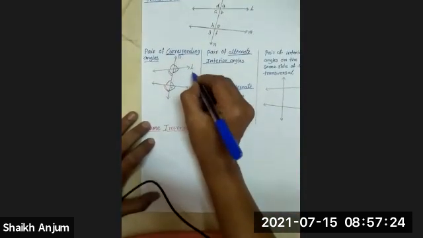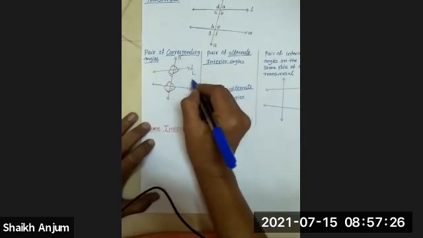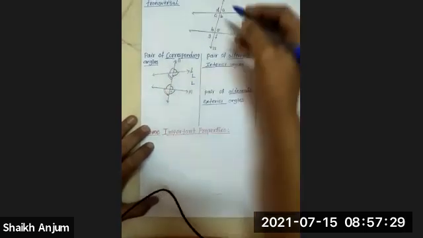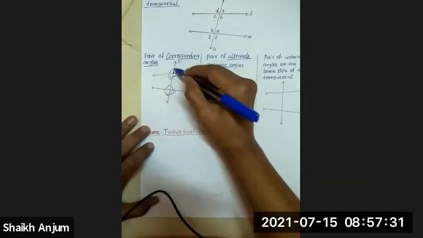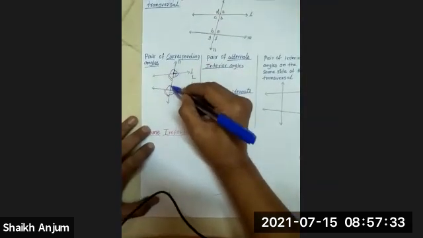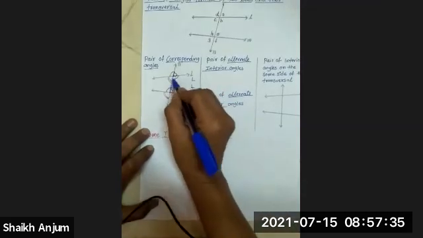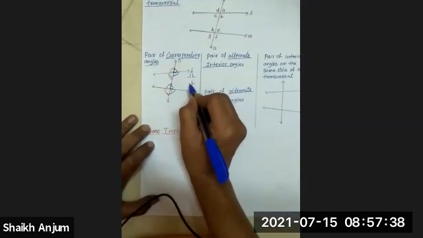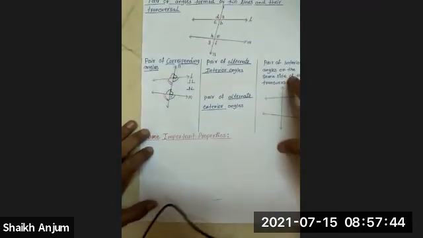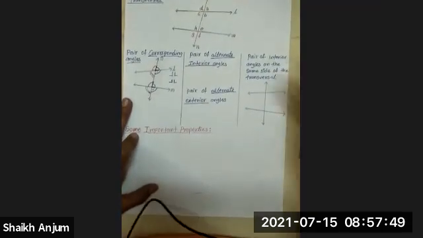Now, you can also easily mention that the symbol like this. See here. This is the pair of corresponding angles. From this side, the pair of corresponding angles formed. Okay, like that. Now, next is alternate angles.